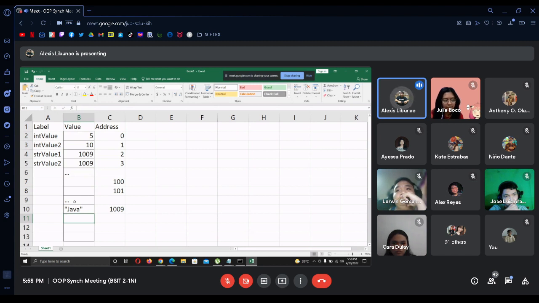So if we're talking about primitives, especially numbers, even if it's float or integer or whatever, the value inside that particular address will be its value. However, if we're talking about wrapper classes, especially string, as